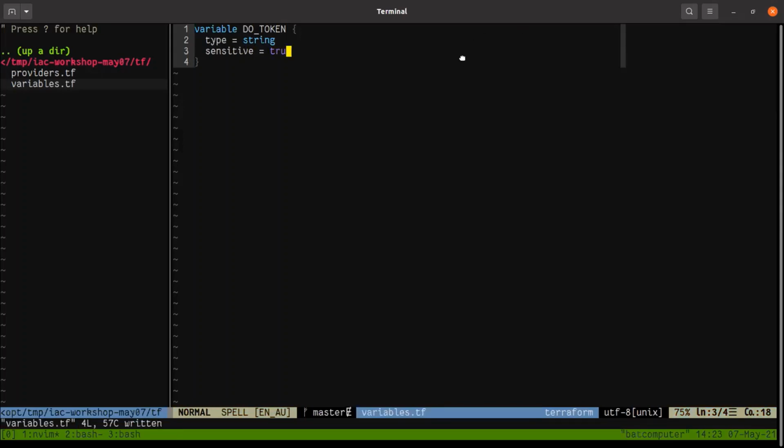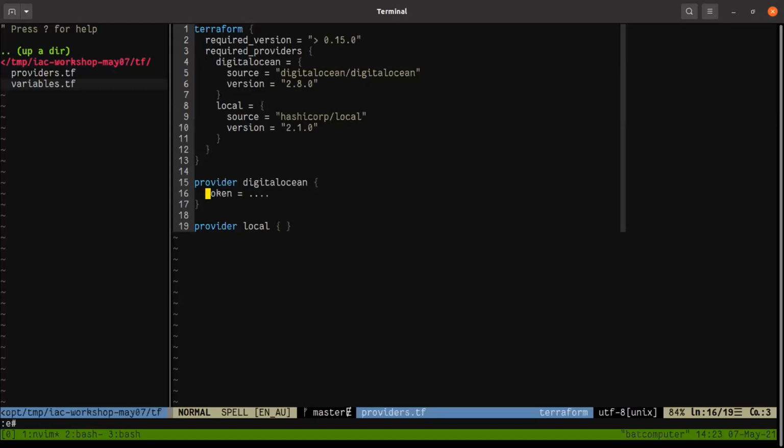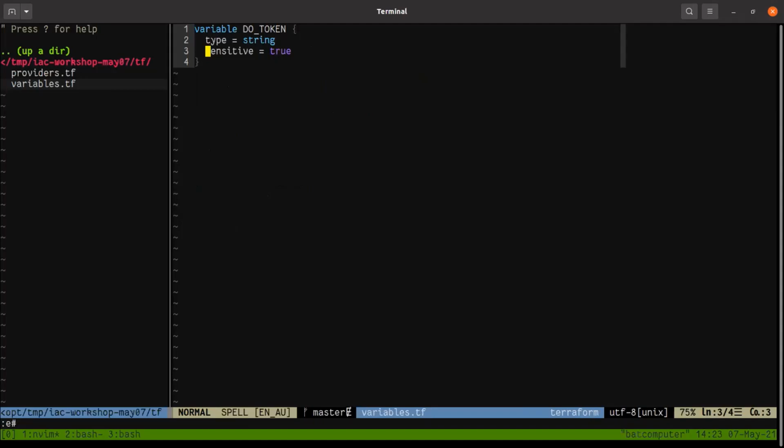There are other things you can put in here as well, like validation. So I've just declared a variable, and the way you use it here is you go var dot. Var is the variable namespace, and then you put the name of the variable, which is DO token.